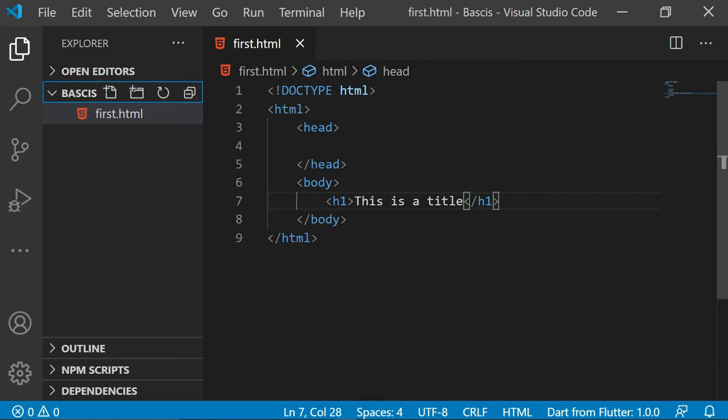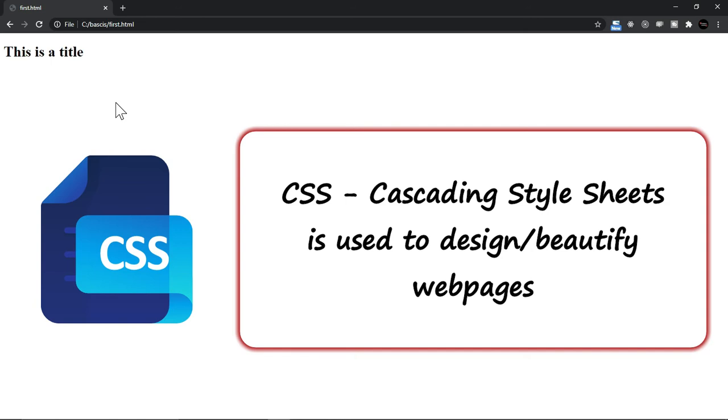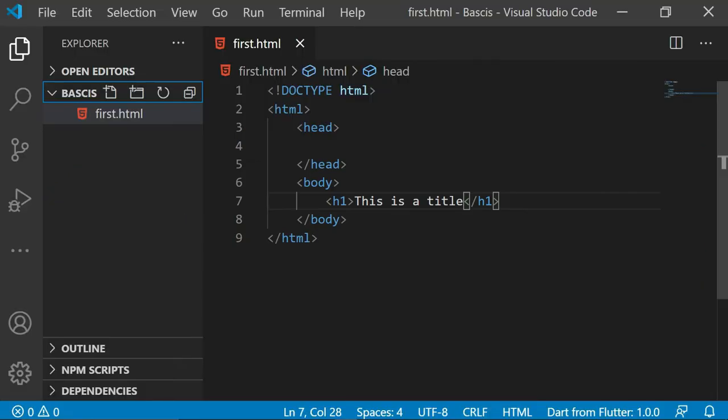Now let's say we want to color this. The one which you are seeing here is in black color. I mentioned that whenever it comes to designing, whenever it comes to beautifying the page, you are going to use CSS, the cascading style sheet. The question is that I want to format the H1.